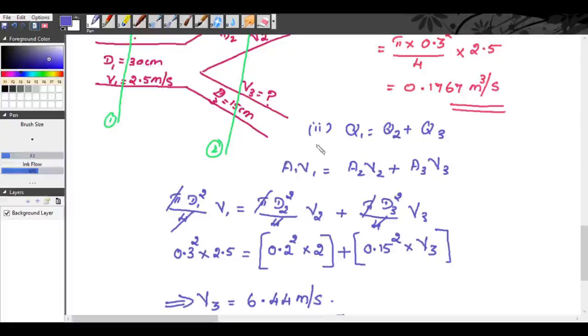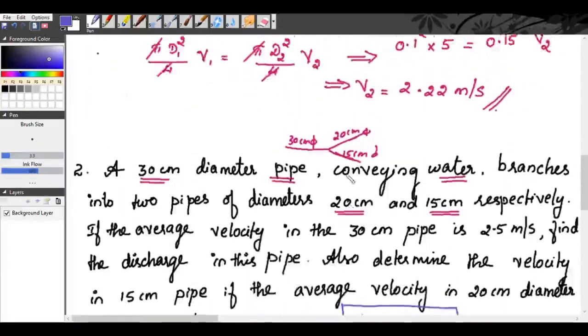See, you can substitute A1, V1 directly here also. You can substitute the values here so that you will get 0.1767 is equal to A2, V2. You will get the value as 0.0628. Then you can find what is V3. In that way also you can write. So the concept is this. The remaining things you can do on your own. Now we will move on to our third problem.